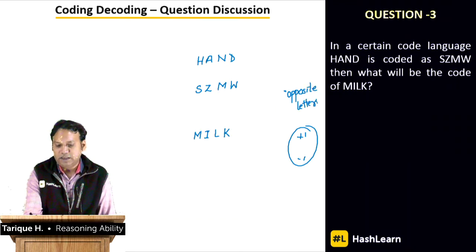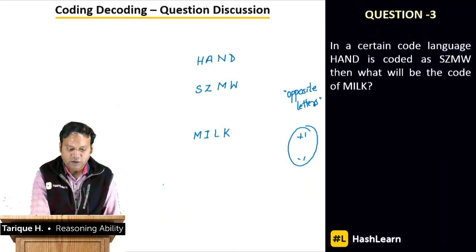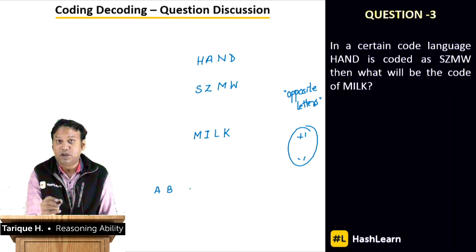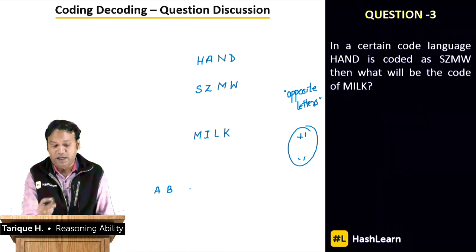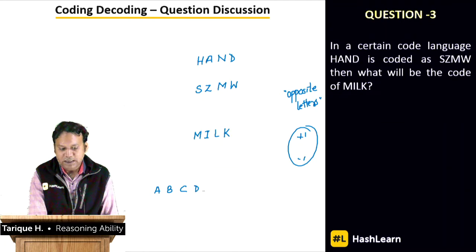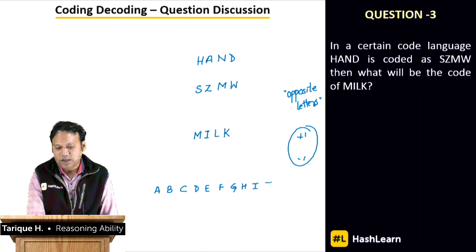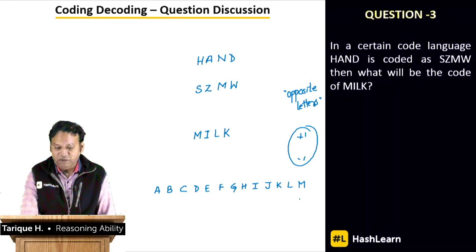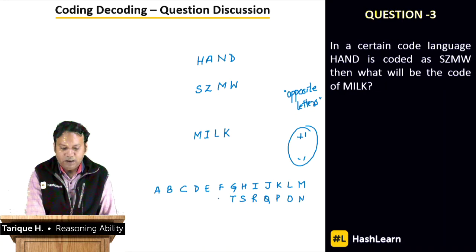Now what are opposite letters in the English alphabet? Now it will be clear to you once you look at this. Now let's write down the letters of the English alphabet. Total 26 letters are there, so the first 13 letters are A to M, A, B, C, D, E, F, G, H, I, J, K, L and M. So we write down all the letters from A to M, and then we'll reverse now. So first 13 letters are from A to M, and then when we move back from M, we'll get from here N, and we go on forward O, P, Q, R, S, T, U, V, W, X, Y and